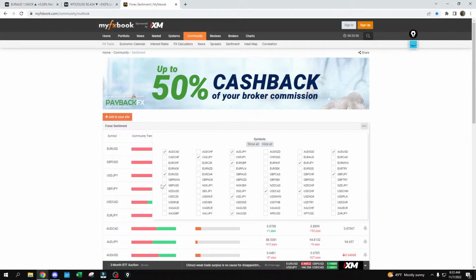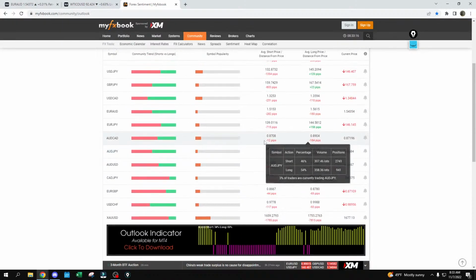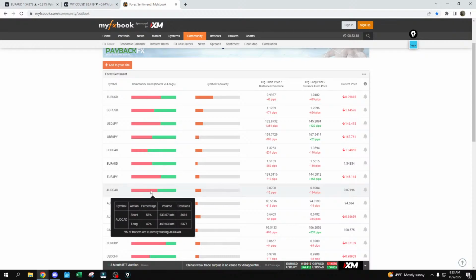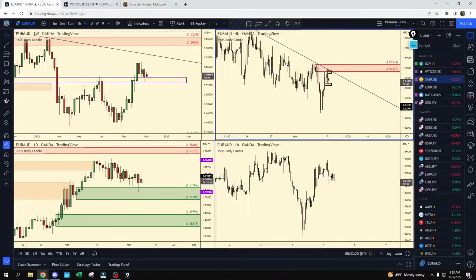And if you guys aren't using this tool, I think it's a great tool. It doesn't always work as planned, but in my opinion, it definitely helps aid you in your trading. Because remember, guys, no offense to anybody, but we want to be doing what others are not doing. Euro Aussie, it's basically 50-50, but I think looking for shorts coming off of that